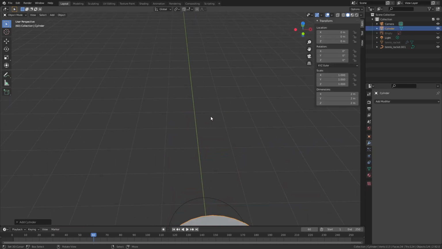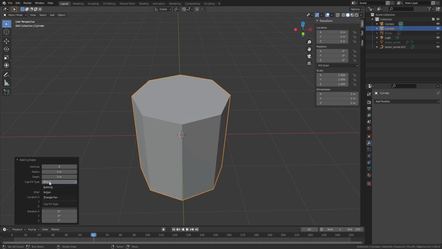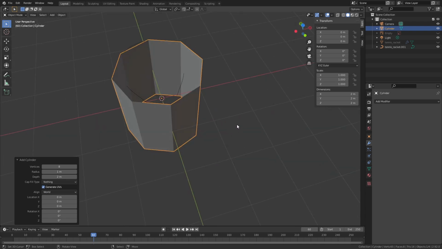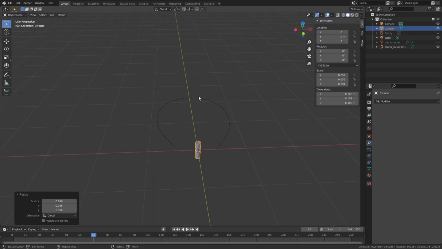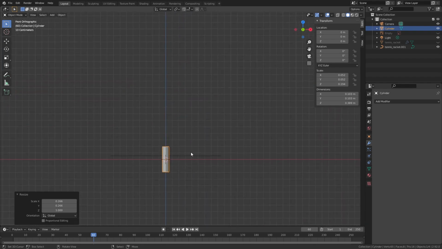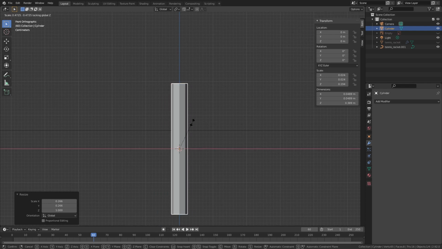So just grab a cylinder, then I'm gonna put the vertices a little bit down, maybe even 8, so way down, and then cap fill is gonna be nothing. I don't really want any of these caps on top. Then I'm gonna scale this down, and I wanna make it look like it's one of the strings coming out, okay? So I'm gonna just scale around